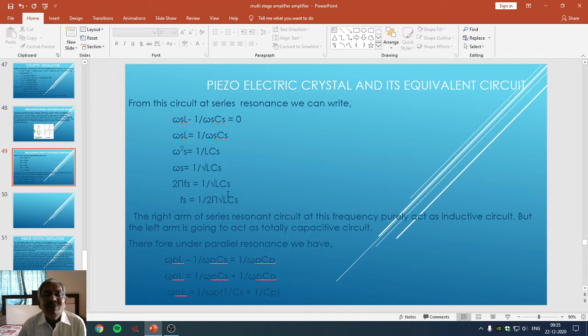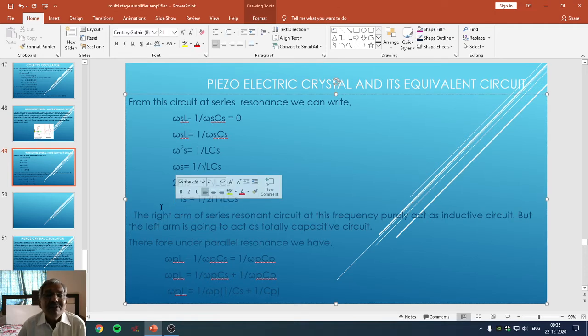In general, you may replace CS by a capacitor C, which you have connected in the respective tank circuit. So this is the formula for the series resonance circuitry, as when the crystal starts resonating, its series impedance becomes equal to 0. So this is how the crystal behaves as a series resonating circuitry by considering its equivalent circuit aspect.